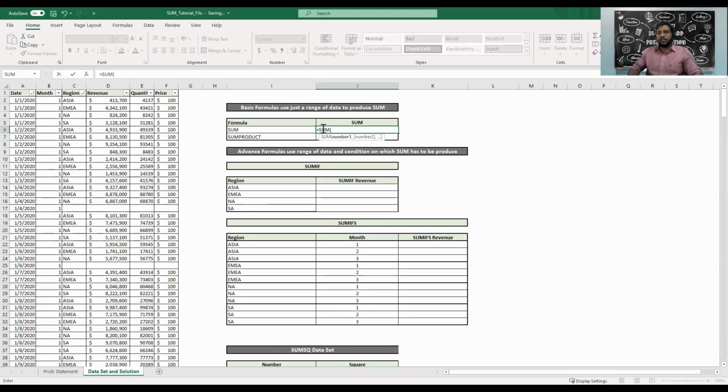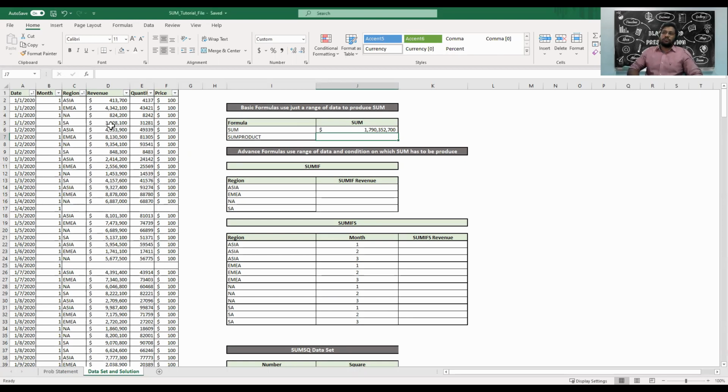So we would simply say that I want to do the sum from D2 to D369, because I know that the number of records in the data set is 369, and we will close this. So now we have roughly $1.79 billion of sales globally.